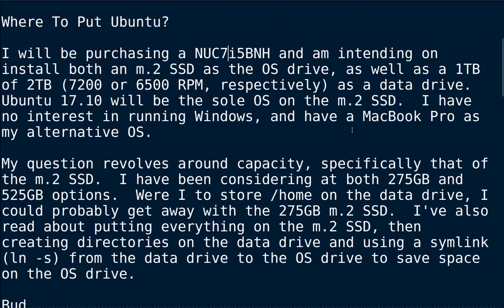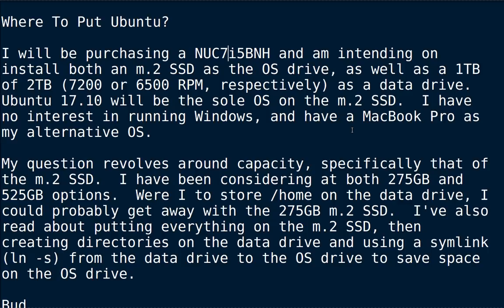All right. This is a dilemma that a lot of people face. You have a system where you're going to have 2 hard drives in it. Probably the best option from a speed and efficiency point of view here would be to buy a really big SSD, like 512 gigabytes, and be done with it and put everything on that one SSD. But the little NUC computers have the built-in M2 drive, and then they have the ability to stick a 2.5-inch drive in those machines. So I know exactly the form factor of the machine is kind of dictating what he's doing, which is still a good idea.